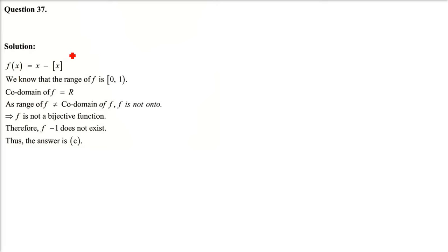So here we have: if the function f from R to R is such that f(x) equals x minus the greatest integer function of x. This greatest integer function denotes the greatest integer less than or equal to x, which is actually a floor function, that is, we'll always take the lower integer value. So this f inverse x we have to find out. So f inverse x equals y.